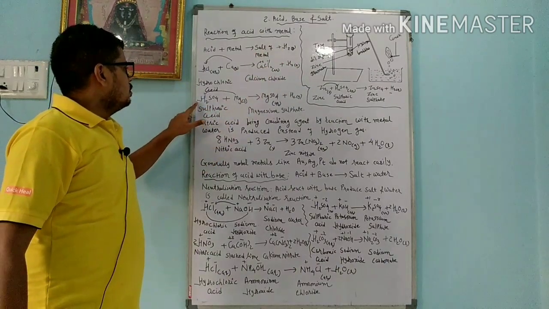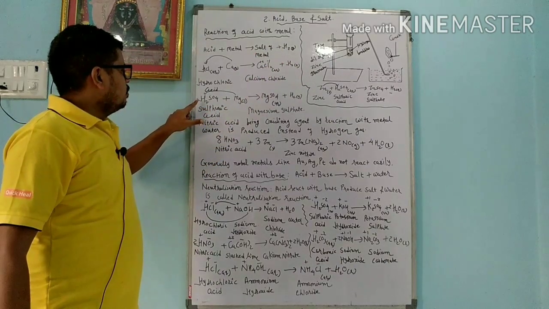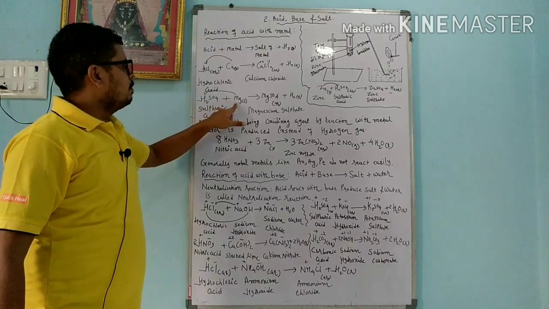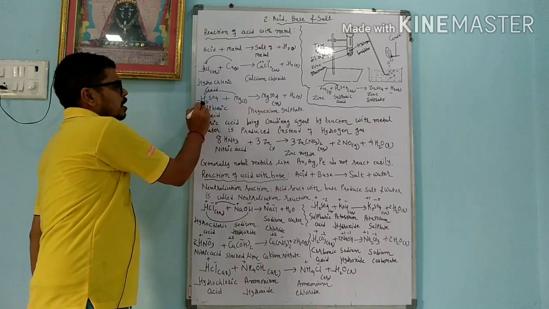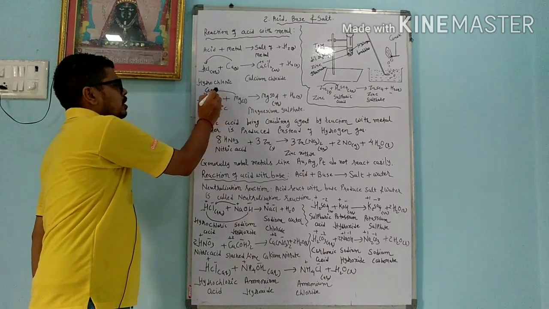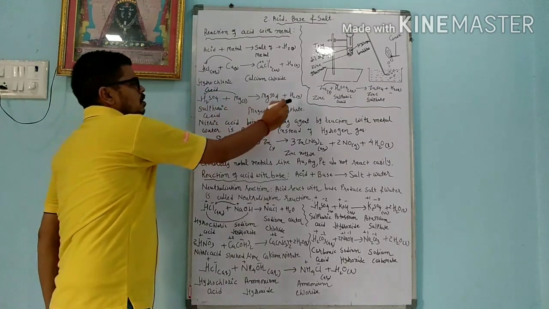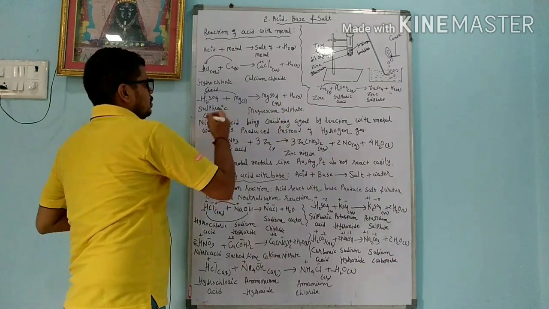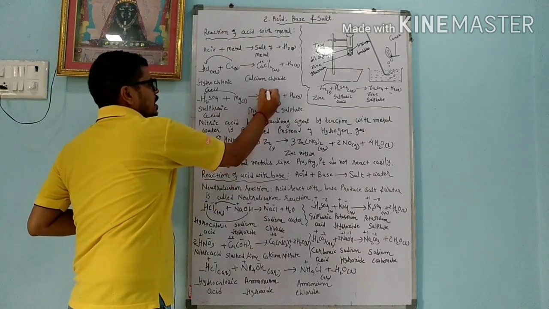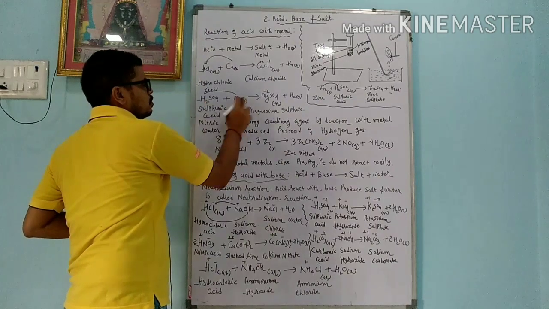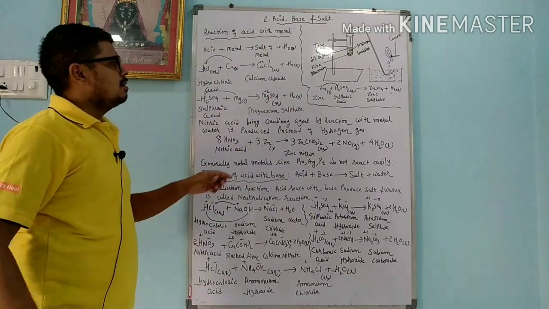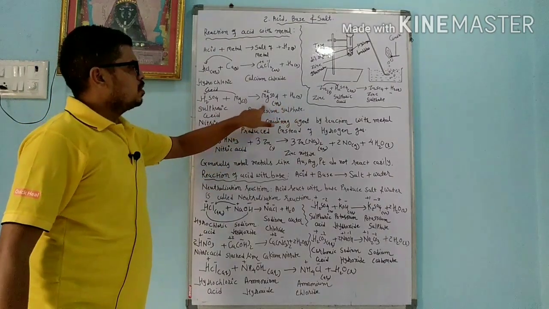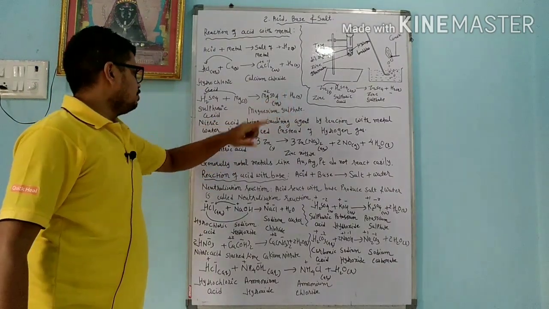In the same way, 1 mole of sulfuric acid reacts with 1 mole of magnesium. Magnesium has 2 electrons, and in H2SO4 hydrogen has no electron, so magnesium donates its electron to the hydrogen, so hydrogen gas is produced. Magnesium loses the electron, so magnesium becomes +2 and it reacts with SO4, so it makes magnesium sulfate. Ultimately we get magnesium sulfate plus hydrogen gas, so we get salt plus hydrogen gas.